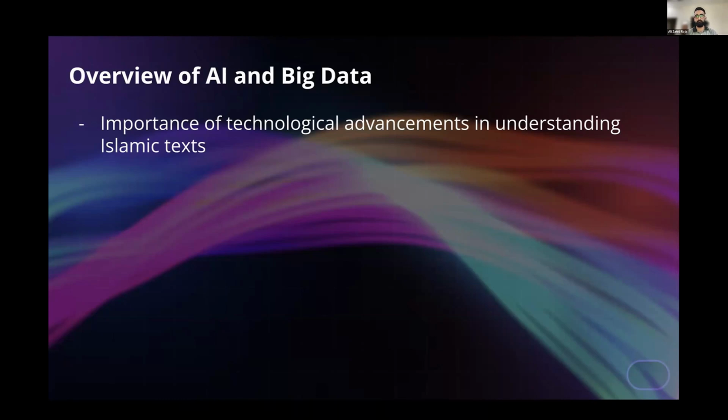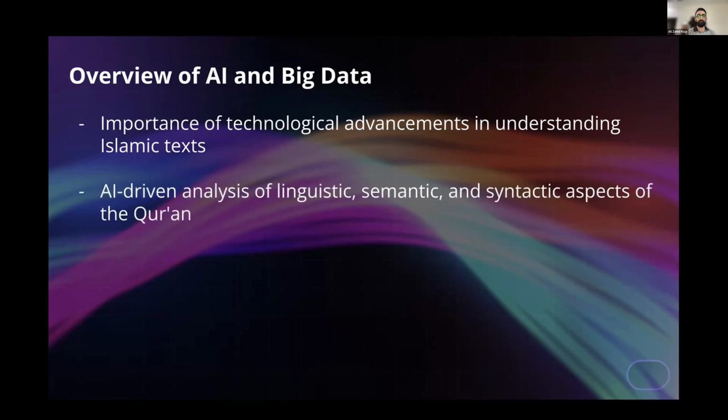So a lot of people have used GPTs and LLMs, and that is a great start because this wasn't there a couple of months ago, and now it is. So I'm really happy to see that. But then we have a lot of other things which also need to be incorporated and used to get the most out of the Islamic text.